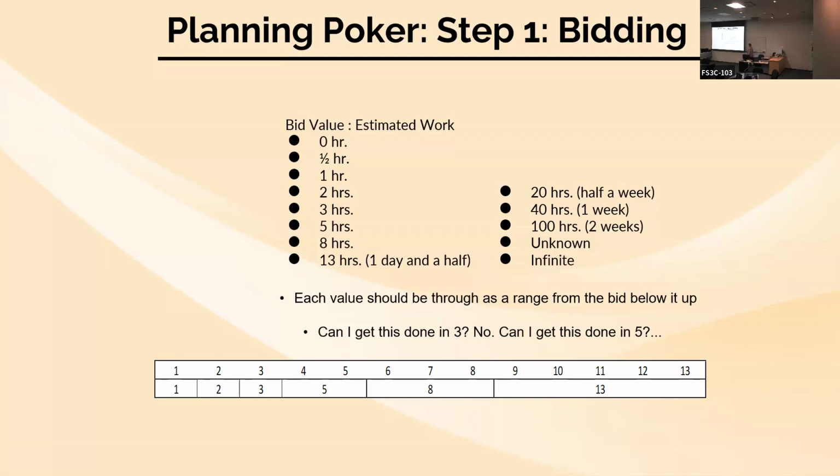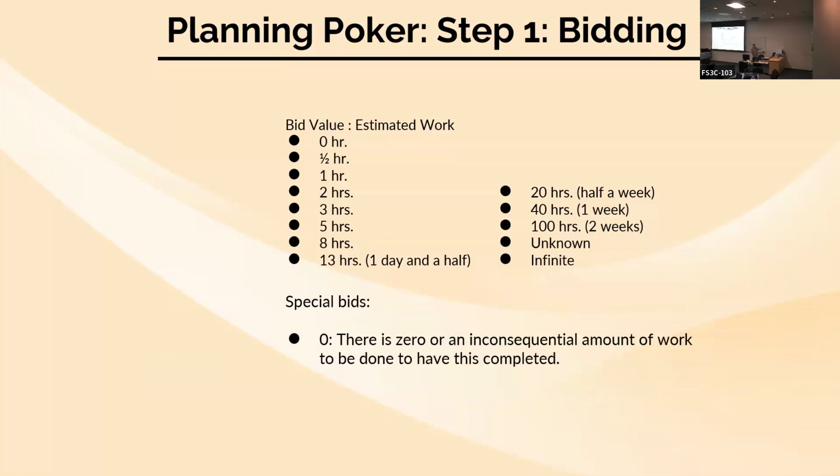Some things will go high, some things will go low. That's normal. That's just part of the process. There are special bids involved in this process. You have the 0-hour bid. So 0-hour bids or 0-hour user stories are essentially user stories that exist just to force someone to